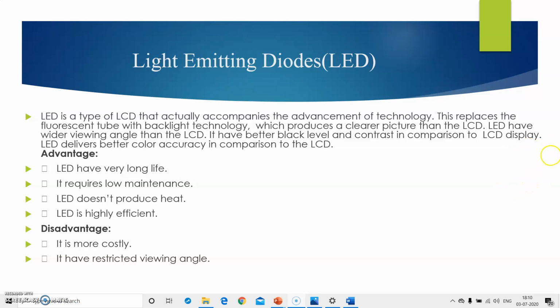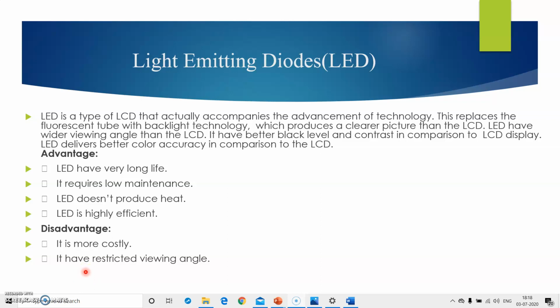LEDs have clear images. LEDs have a wider viewing angle than the LCD. They have better black level and contrast in comparison to LCD display. LED delivers better color accuracy in comparison to LCD.